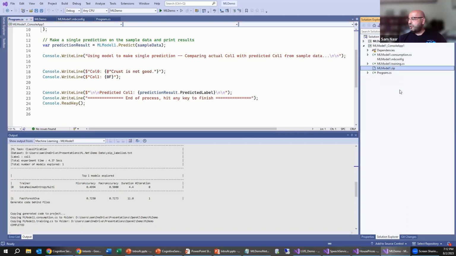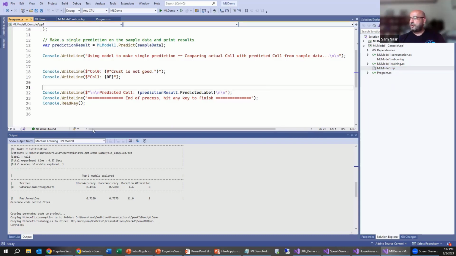What you'd also notice is that I have an ML Model 1.zip. That is the machine learning model that I developed in the first project by going through the click interface. It now saved it as a .zip and incorporated it into my new console project.